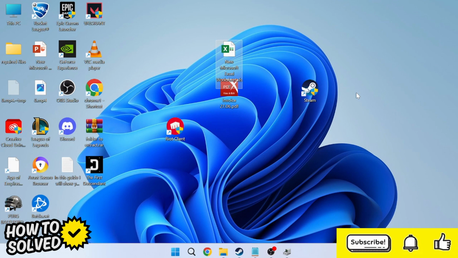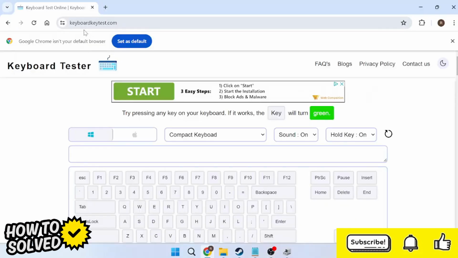Now, if you've restarted your computer and some of the keys still aren't working, then this probably suggests an issue with the actual hardware itself. Now, there is a free tool that we can use to actually check this. So just head over to an internet browser, and you'll need to come over to the website keyboardkeytest.com, and inside